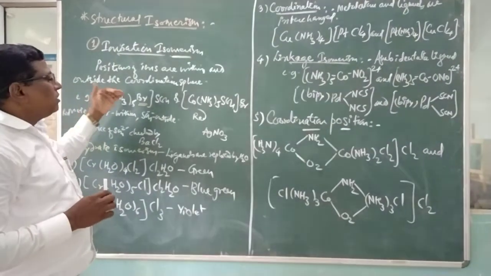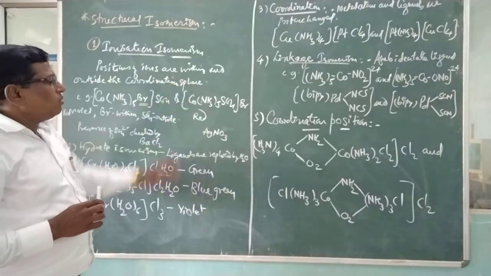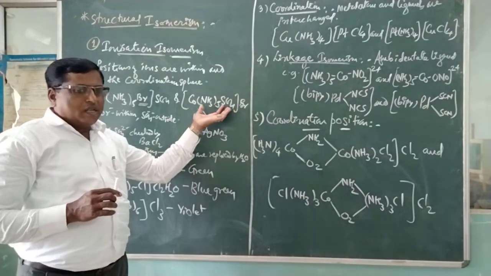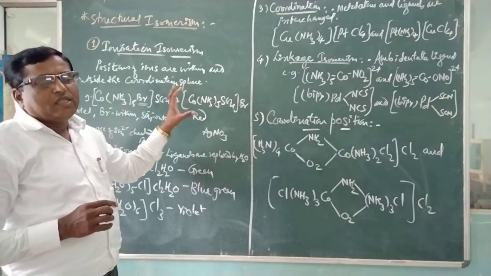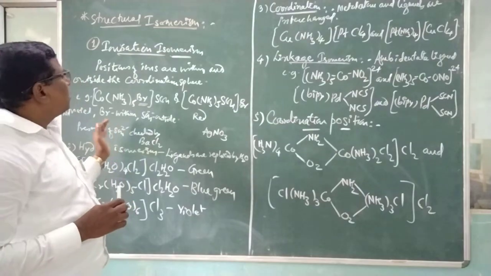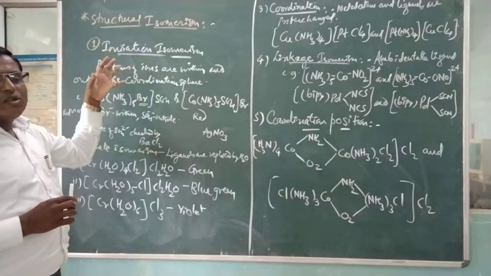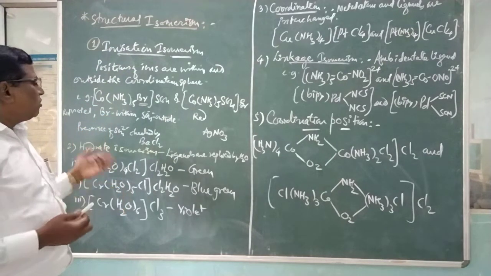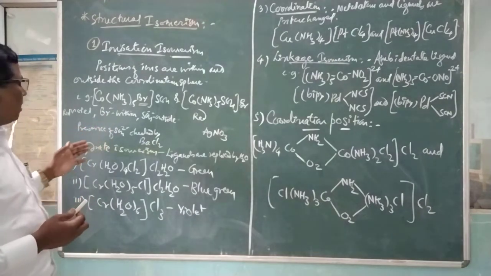When we take the central metal ion, this is the most important part. It possesses the coordination sphere, with ligands within the coordination sphere and outside the coordination sphere. This can be studied, and it is called ionization isomerism. Here the ions are most important, that is, their position is what matters.